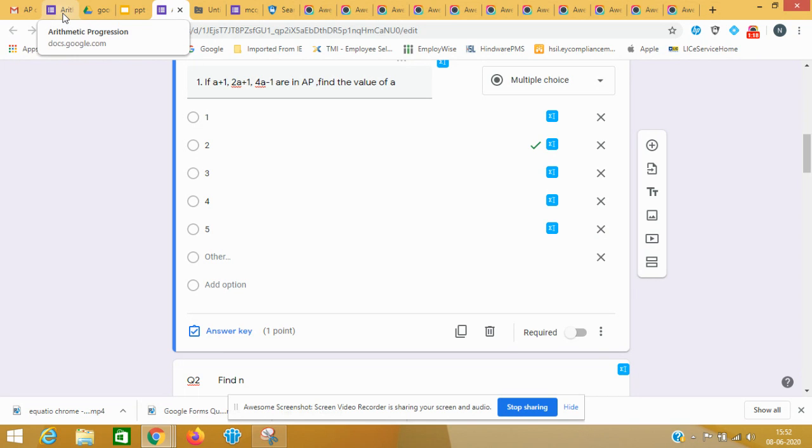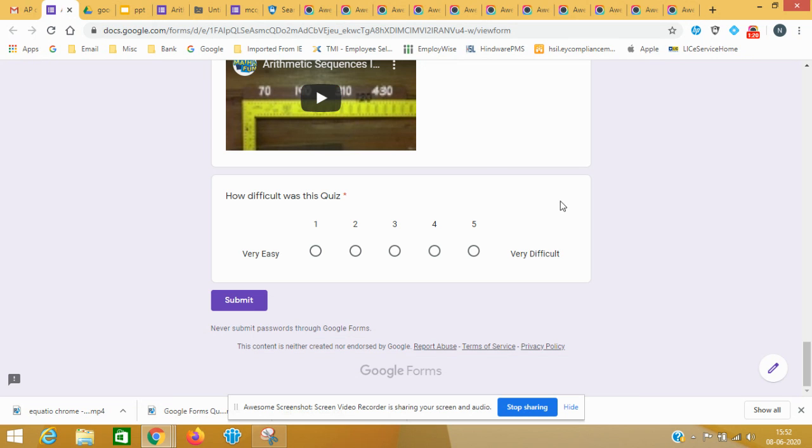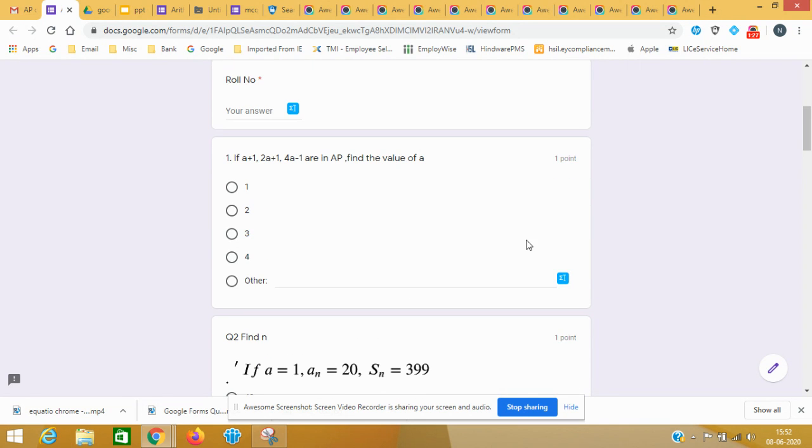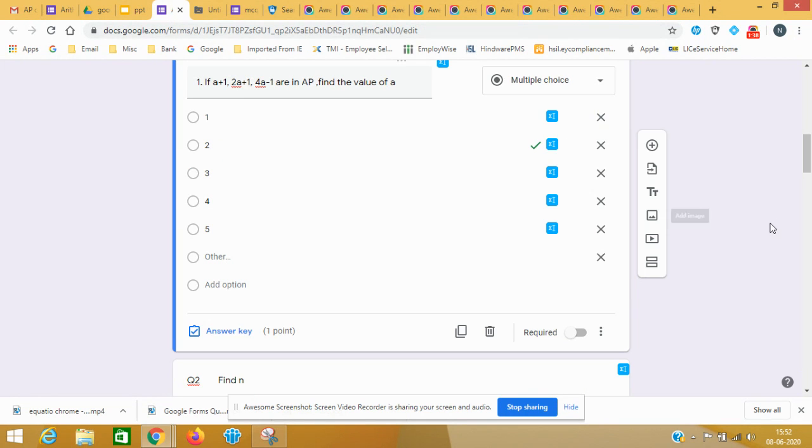And in the student test copy, how will this appear? The link will be sent to the students, and when a student opens this question, it will appear like this. You can see 1 point, that is 1 mark, has been given, and there are 4 options that have been allotted. The second type of question, which we will now see,